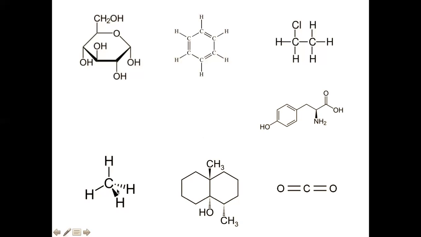This one's actually the example that I showed you in the previous slide. This one's just drawn differently to show that this one goes forward and that one goes back, but that's still methane. So that's organic. How about this one? No, not organic, right? No carbon hydrogen bonds. It doesn't have any atoms that don't belong there, but we have to start with the carbon hydrogen.